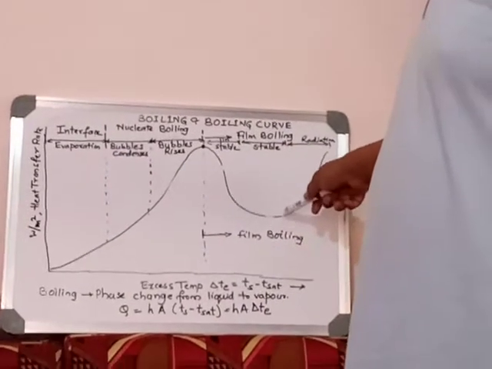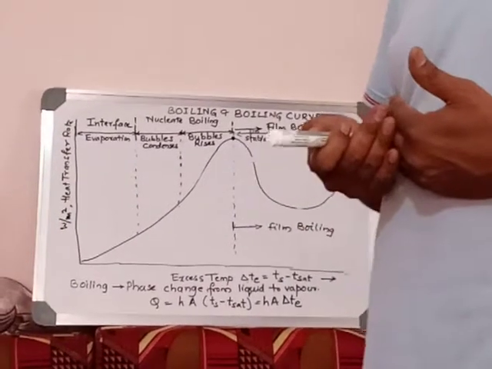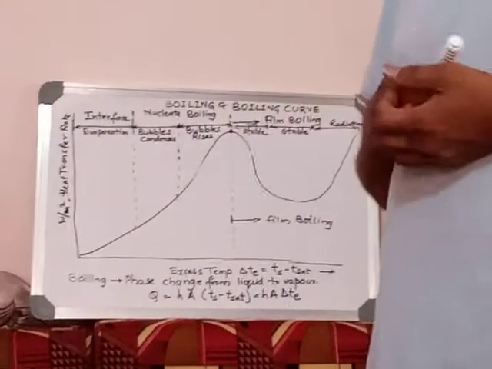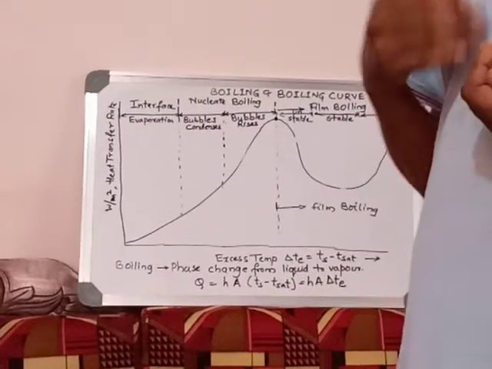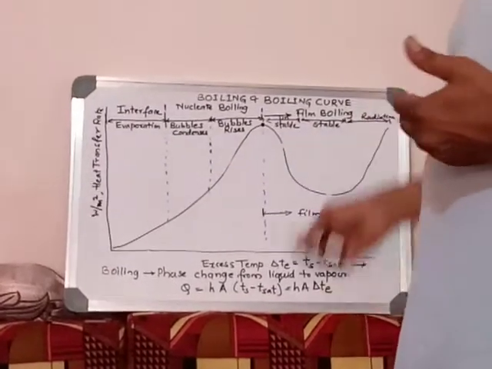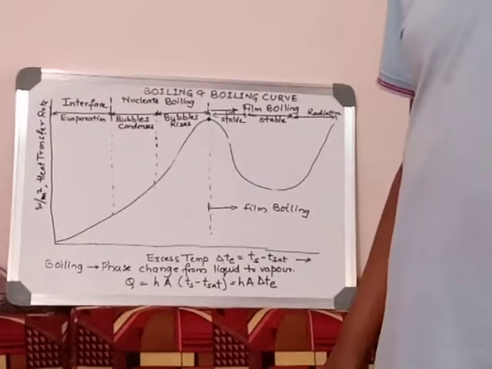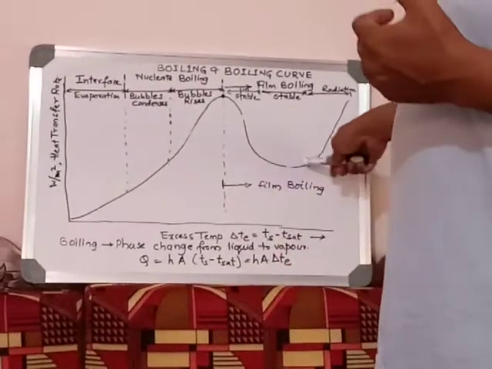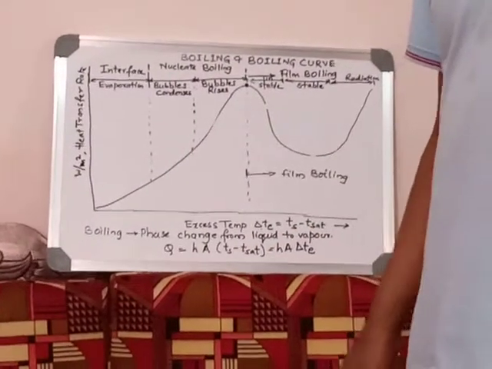Then again you can see radiation is coming into play. So again you continue heating. Then what will happen? Because of the overheating of the nichrome wire, radiation will start, because at high temperature radiation comes into play. When the radiation starts, you can see the heat transfer rate is higher, but that radiation cannot be tolerated by the nichrome wire. When the radiation is increasing, the rate of heat transfer is also increasing. It appears to be very good, but what will happen?